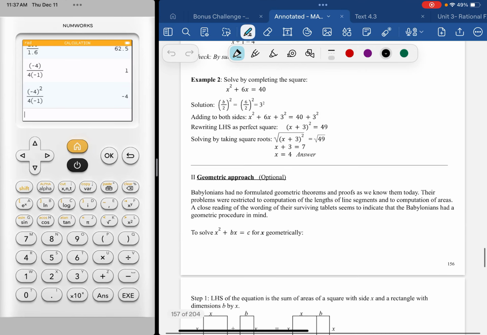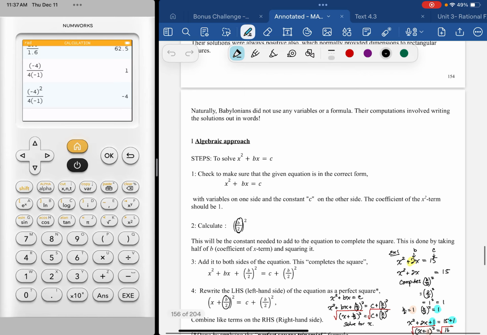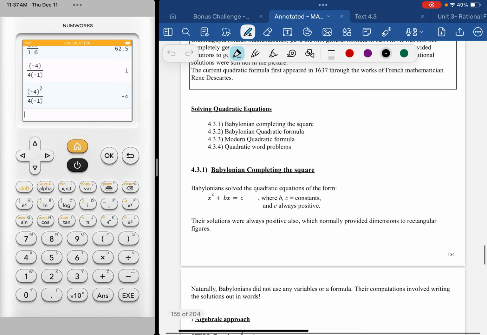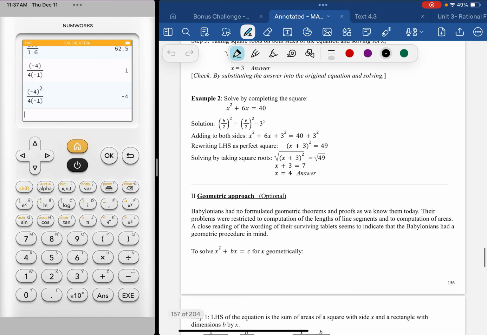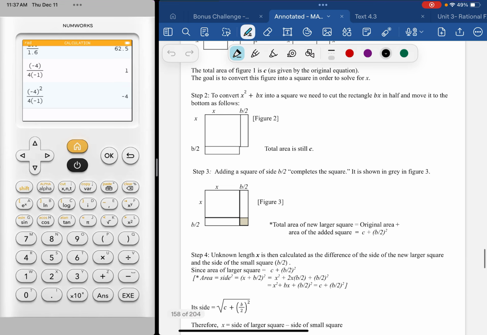All right, I'm going to take you through the optional geometric approach to the completing the square technique. Babylonian completing the square, but with a focus on geometric applications. So what's happening here when we solve, and you can go through this, I suppose, but